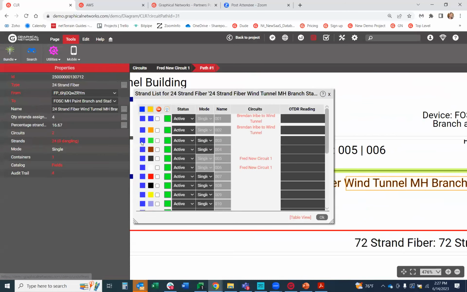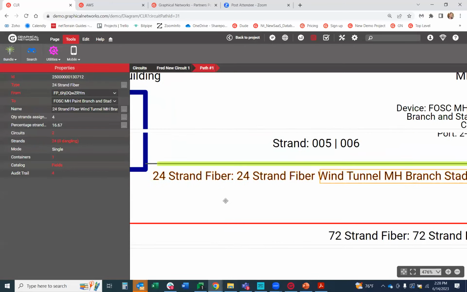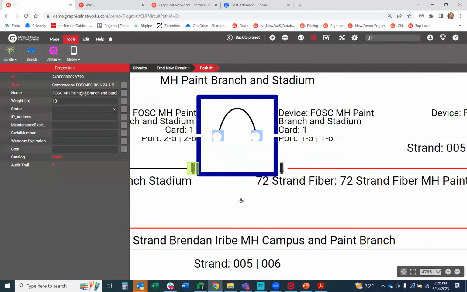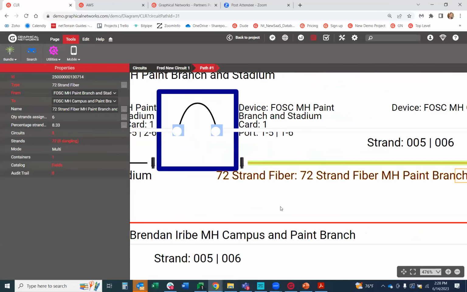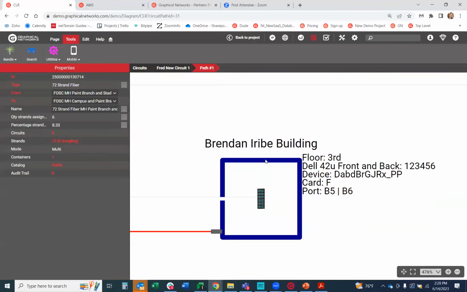Again, if you want to see it, this is the new circuit I just created, FRED new circuit 1. It uses ports, what's that? 5 and 6, which shows you right here, strands 5 and 6. It connects to its FOSC device. Then it connects to another 72 strand fiber. And then it eventually terminates inside this Brandon Herb building on the 3rd floor. So it's L42 front and back,